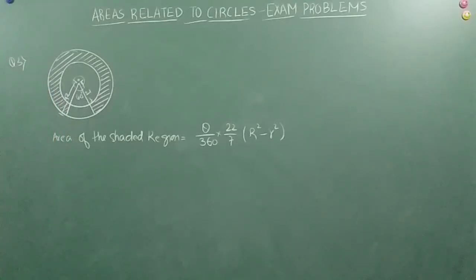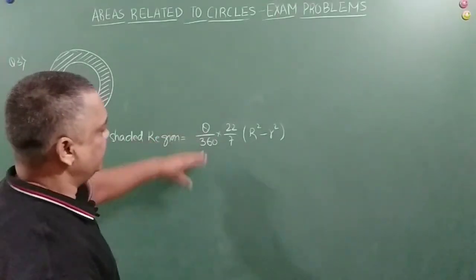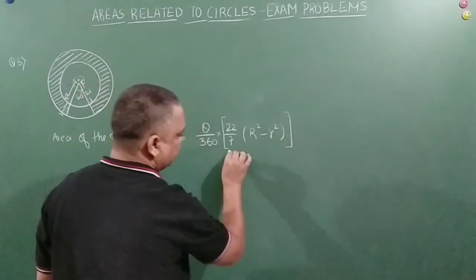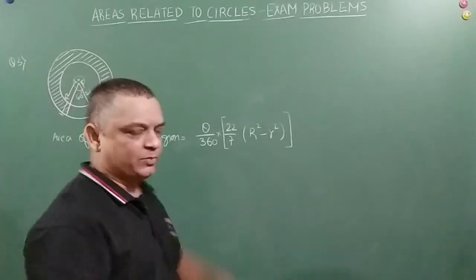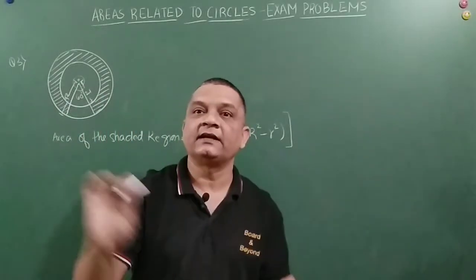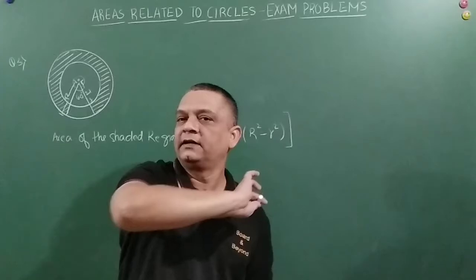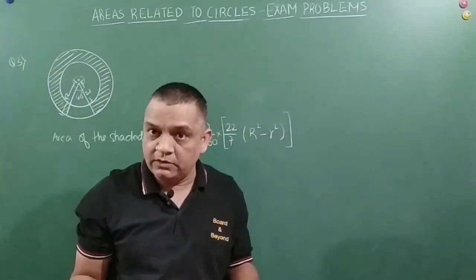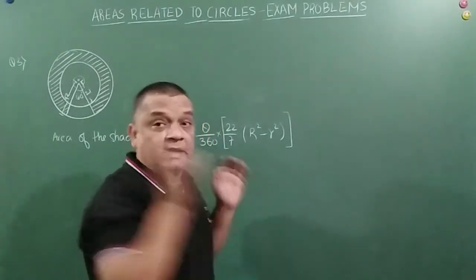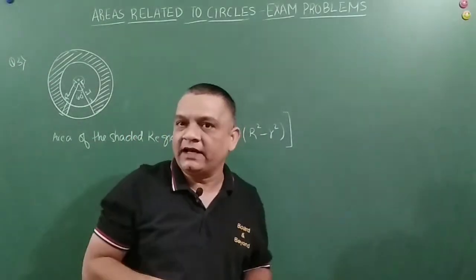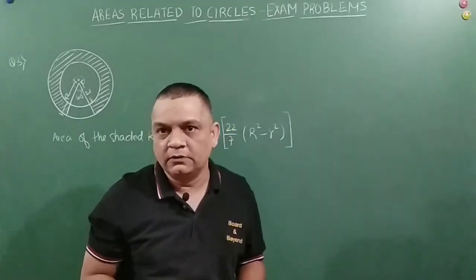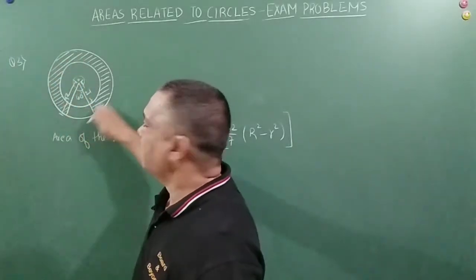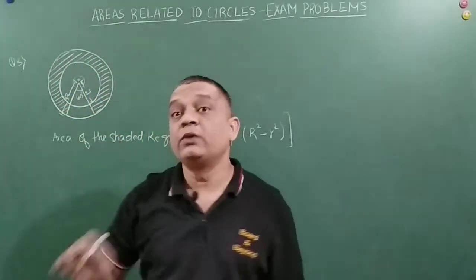Okay, I'll explain how. See, theta by 360, if I do only this much, what will I get friends? I will get the area of the ring, correct? Because outer circle area is pi R square, capital R I am talking about, that is 42. And inner circle area is equal to pi r square, I am talking about the small r now, right? So the difference between the two will give me the area of the ring, complete ring, right? But we do not want the complete ring,